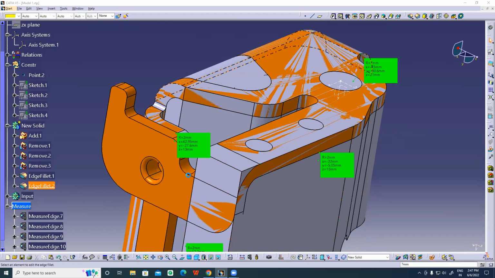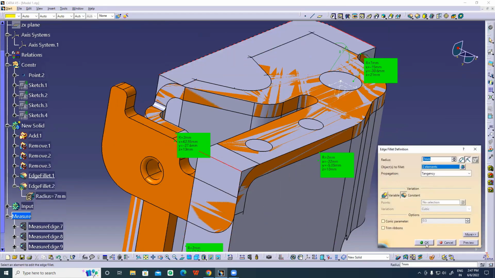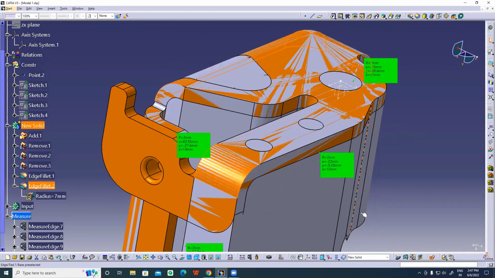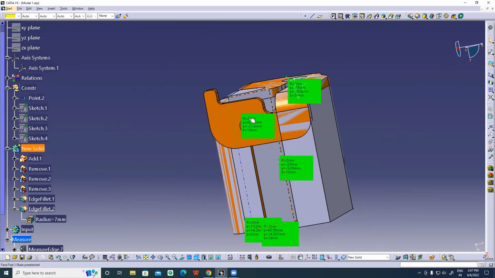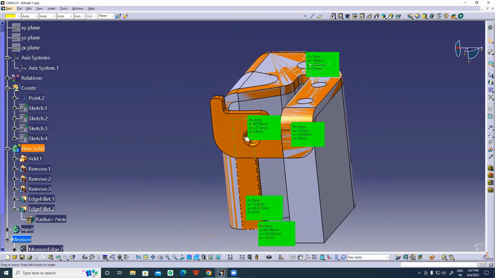Since I already have a 7 mm fillet, I'll be going to that, and I'll be selecting that corner also. You can see, done. Okay, now fillets are applied. So next important thing is I don't want the body available in this portion, and I need to create these